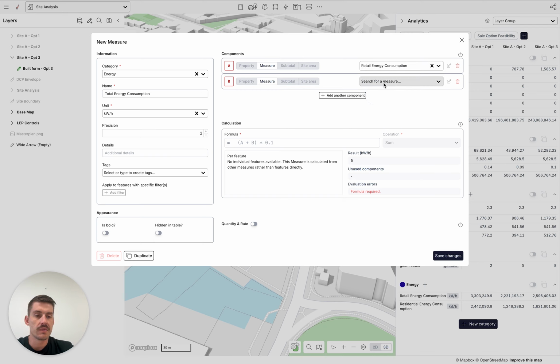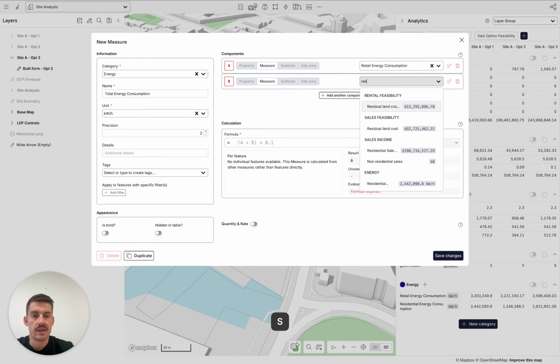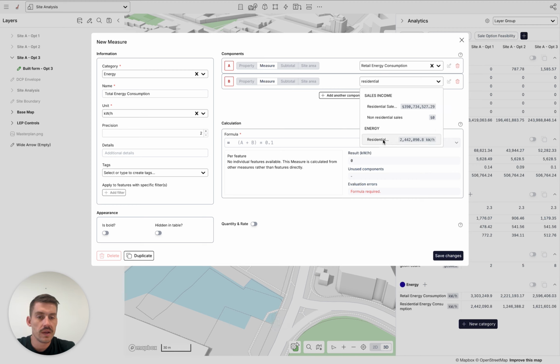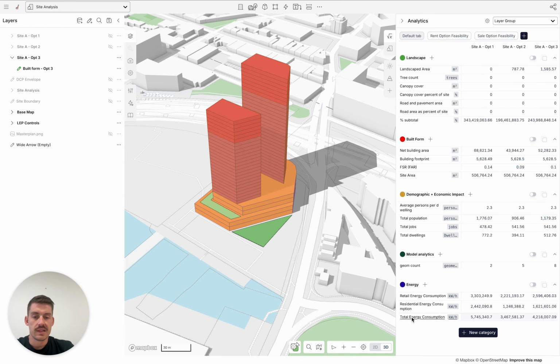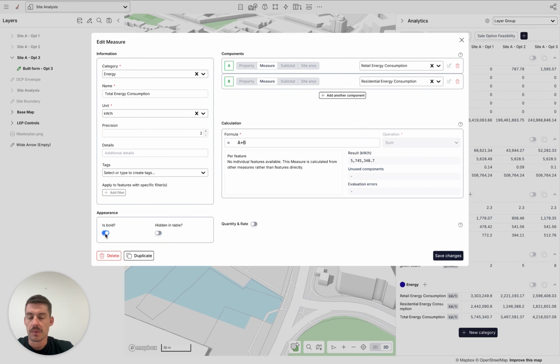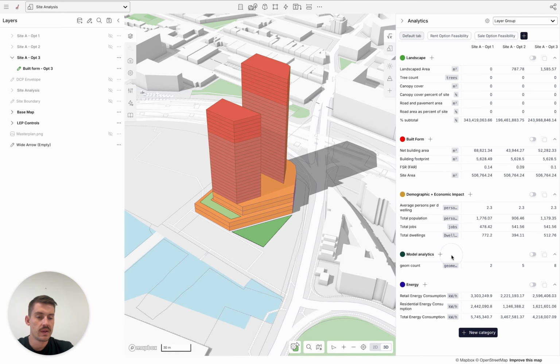So retail energy consumption, and then the other one is residential energy. And so now I've got my two measures. I've brought them in as components, and I just need to sum them together with a formula, which is a very simple A plus B. And if I save those changes, and you know what, let's actually jump back into here and make this bold. So there's a nice little appearance toggle, because we know that this is the total energy consumption. So we want to bring that to light and make that a little bit more prominent in our list,